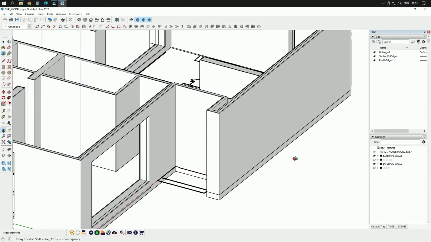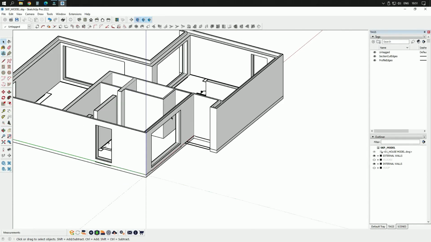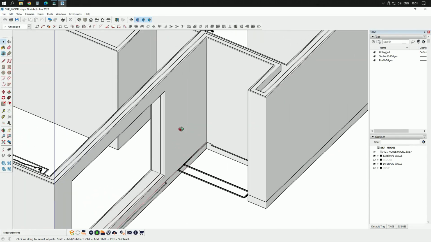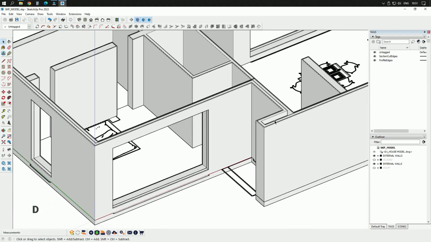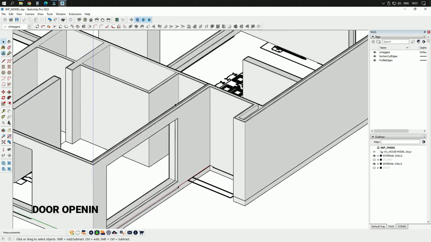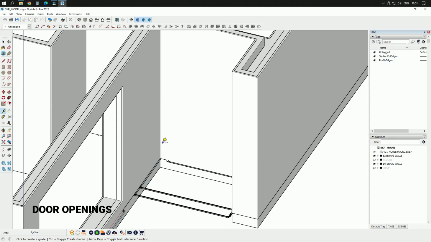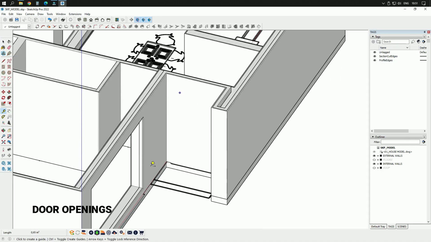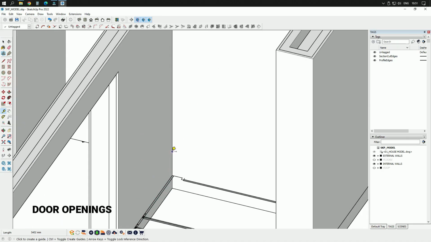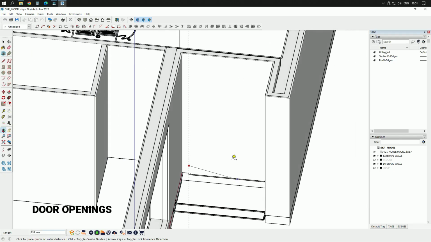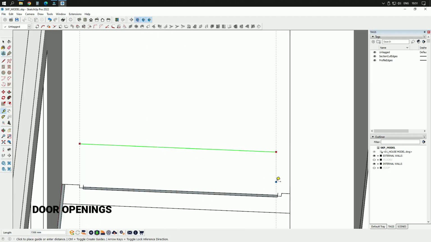So we have created all the openings for all the windows, and now we will continue with the openings for the doors, and we can create these openings for the doors in the same way. For example, for this entrance door, the main entrance, I will pick again from here up to this point here,